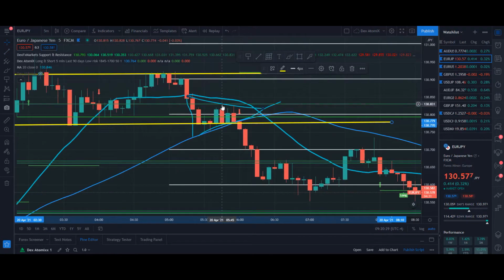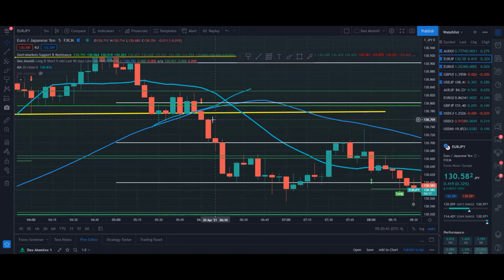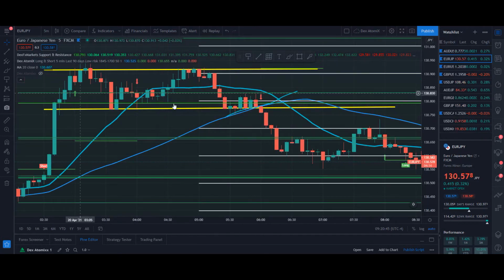And as it created its channel, let me move some of this other stuff out of the way here. As it created the channel, what did it do again? The moving average created more pressure and it pushed it out the other side. Now, this one is what? Well, it's more of an in-a-channel situation right here. And once you recognize that by this